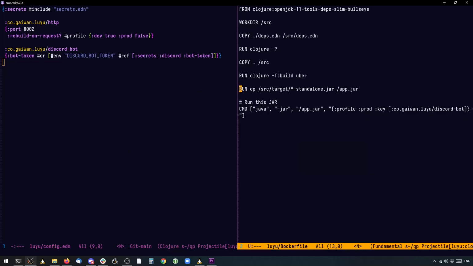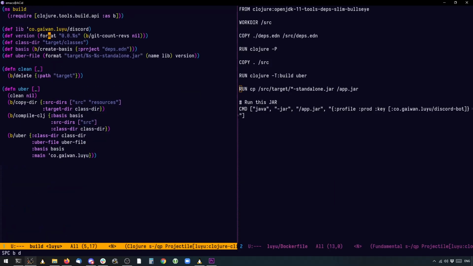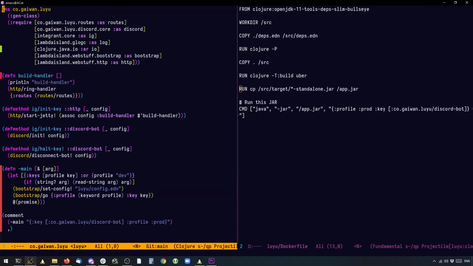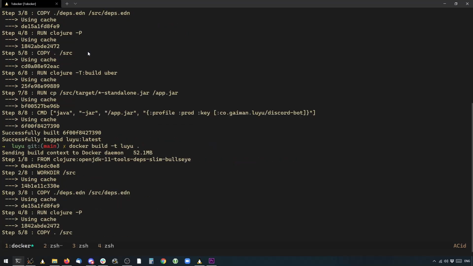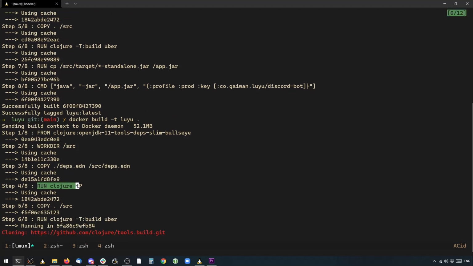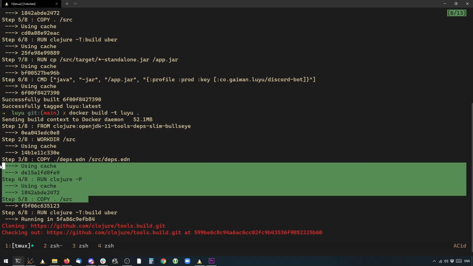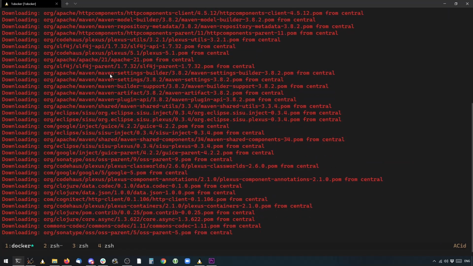But what if I change something, right? Let's probably go to the main file. And let's just add a comment here. Hello. Let's save that and let's try to run the build again. Okay, so as you see here, this particular command, right? So we are kind of having cache for the actual build, but we don't have cache for the build alias. So let's do that actually.